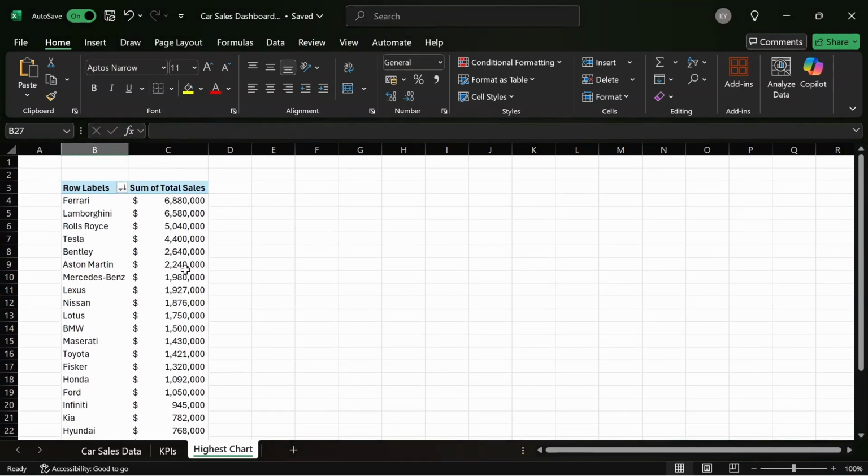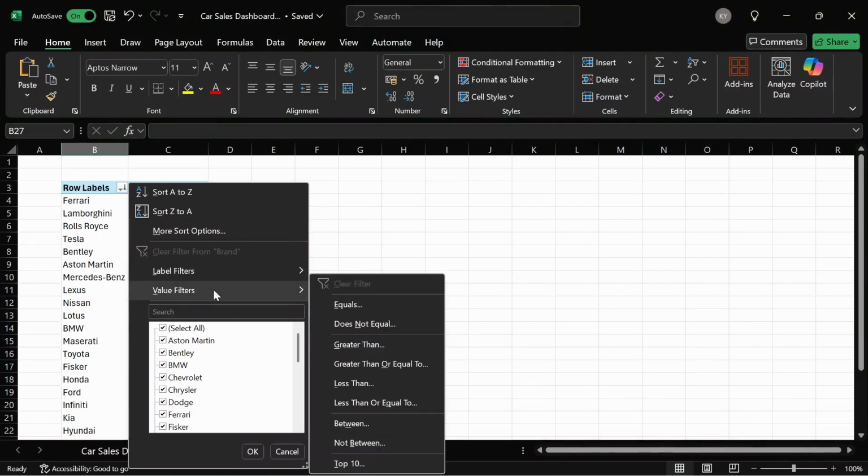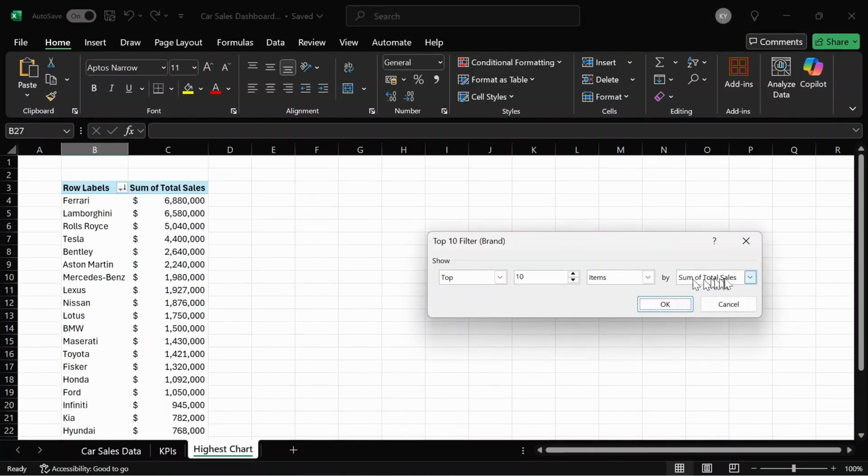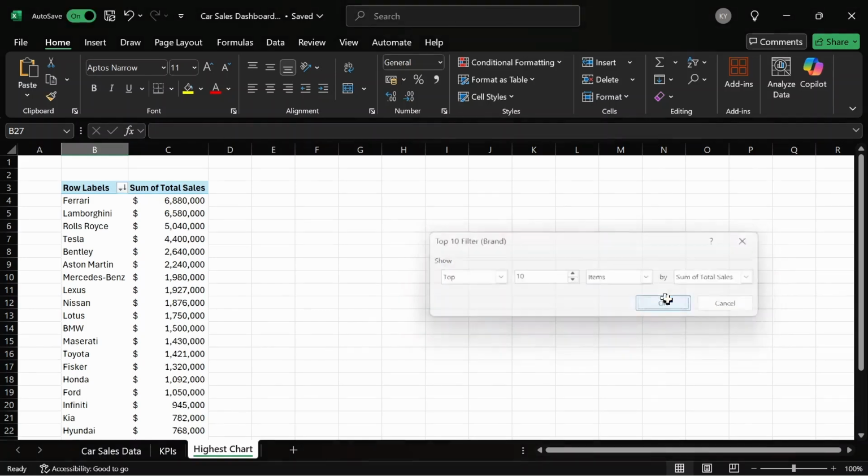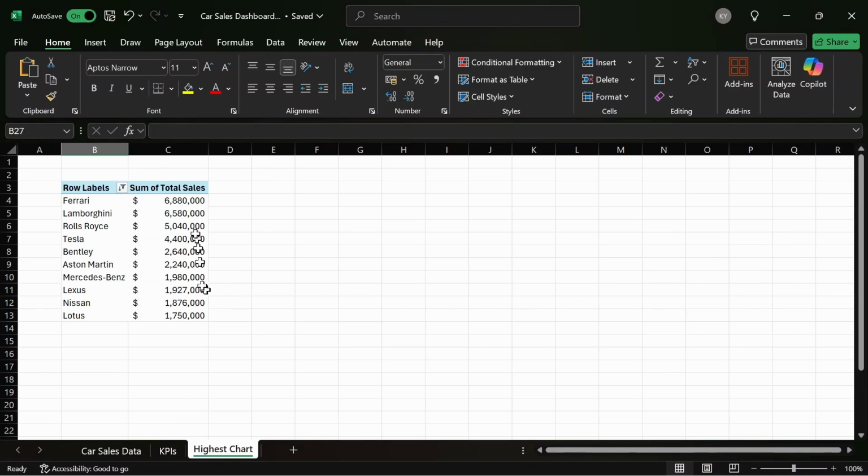Now I want to use this to create a chart, but we don't want everything there. It's not necessary to have everything. So I want to limit it to just 10, the top 10 highest performing car brands. So I'm going to select this filter button once more, and I'm going to select value filters and come to the last item, which is top 10, and select that. Everything is fine. It's the top 10 items by, we're sorting by sum of sales, so everything looks fine. If it looks different, just change things to look like this, and I'm going to press OK. And now it has limited the pivot table to just the top 10 highest performing cars by sales,